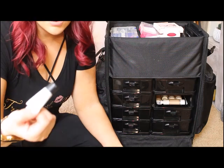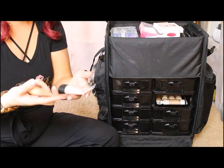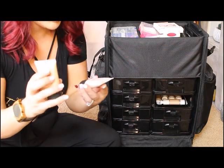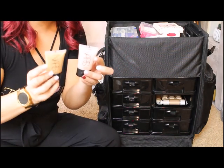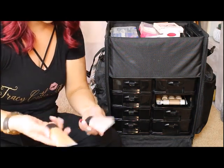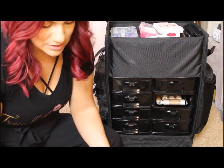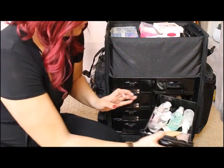I also have the MAC Strobe Cream because I feel like you can never go wrong with that. And then I have two NARS illuminators. I have Hot Sand and Copacabana. This is more like pinky, which I know the lighting kind of washes out, and this is more of a tanny hue. So it's just a really nice thing that you can add to foundations. You can put it on their face on top of foundations to give a really nice glow. So I really like having those. And that is it for